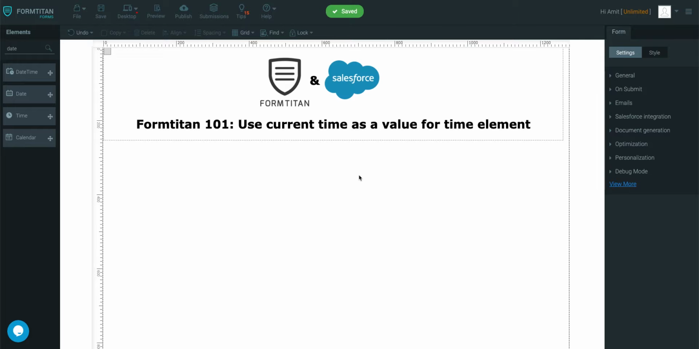In this video, I'll show you how to use the current time as a value for a time element in a form. In this use case, you may want to record the time when a user submits the form. So rather than them having to fill it in, you can automatically have that captured using this specific current time as a value functionality. So we'll drag over Time under Elements,